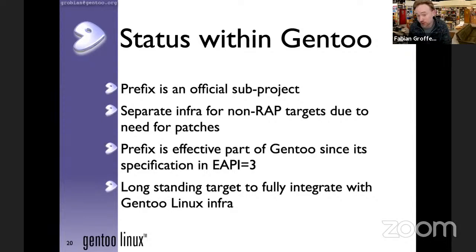This is not an issue for the RAP targets or more native targets, because they don't need most of these integrations. So, long story short, there has been some documentation tracks, which we call EAPIs, enhancement request documentations. That basically just defines that these build scripts, which we call ebuilds, which are shell scripts, have some variables available to them to say, hey, this is the offset location.